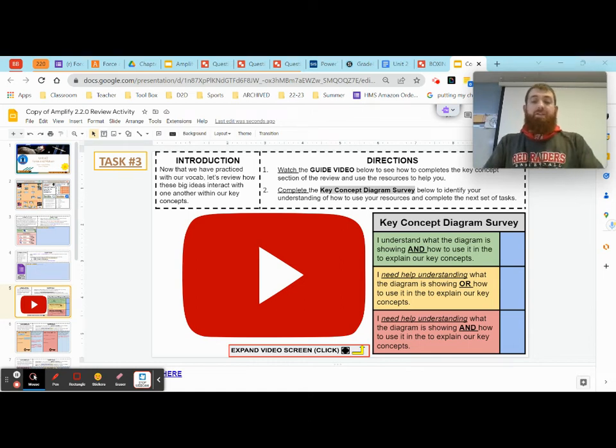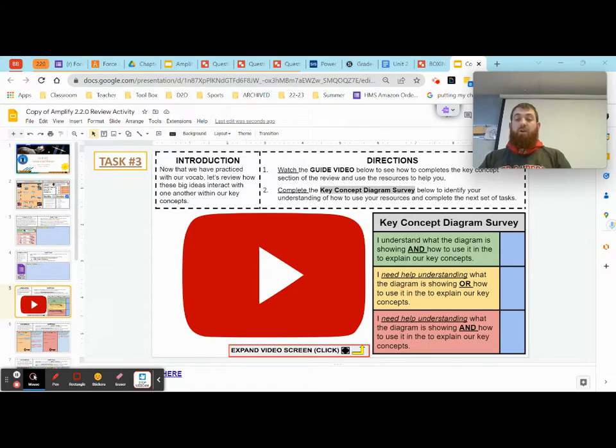Hey everybody, Mr. Regan here, and today we're going to be looking at our key concept diagram survey as we look to understand the diagram we'll be using for our Chapter 2 review to help explain our key concepts. And we'll be looking at how to not only understand the diagram, but how to use it with our key